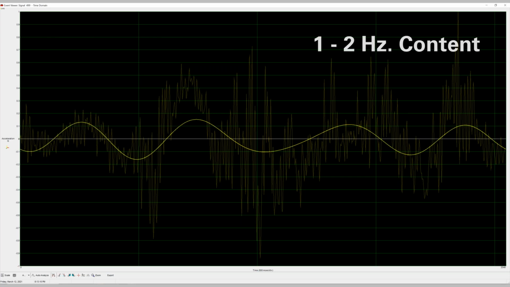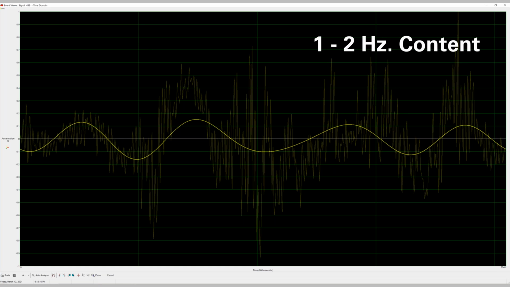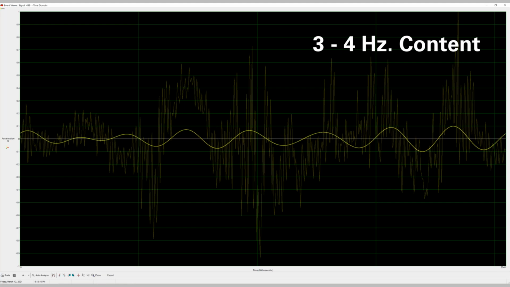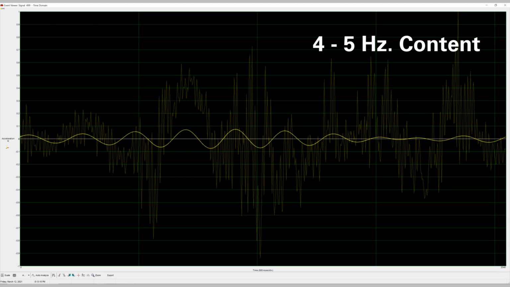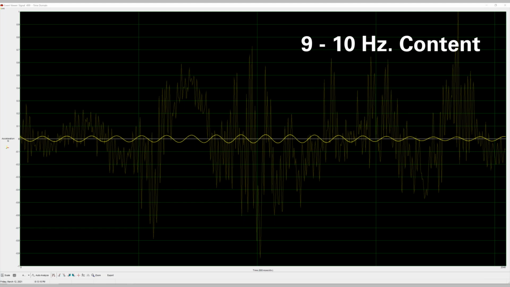And then if I change my bandpass, I say, well, what about the 1 to 2 hertz content? Well, it changed. So this is the less than 1 hertz. This is the 1 to 2 hertz. That's the low frequency content from 1 to 2 hertz. What about 2 to 3? 3 to 4, 4 to 5, 5 to 6, 6 to 7, 7 to 8, 8 to 9, 9 to 10, and 10 to 11. You see all of those,